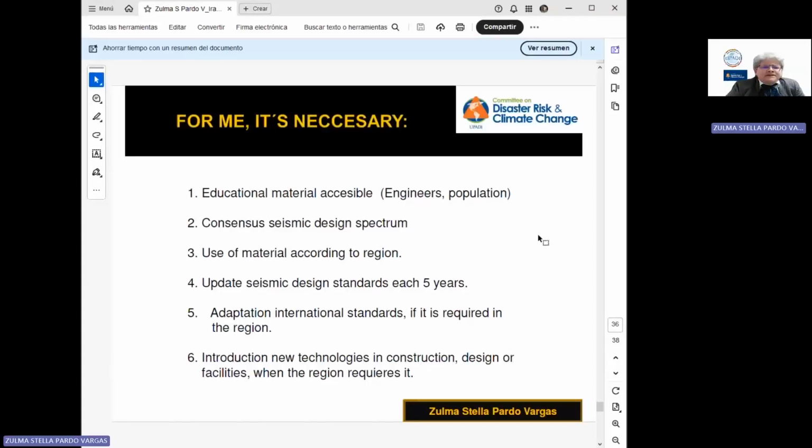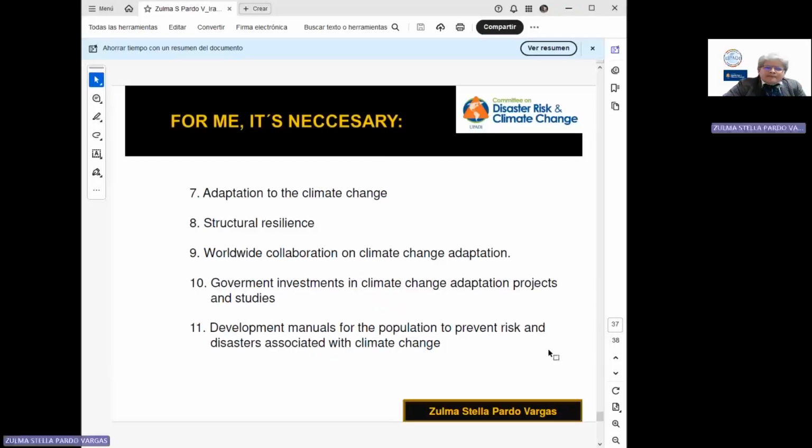Second, a consensus seismic design spectrum. 3, use of material according to region. 4, update the seismic design standard every 5 years. 5, adaptation of international standards if required in the region. 6, introduction of new technologies in construction, design, or facilities when the region requires it. 7, adaptation to climate change.